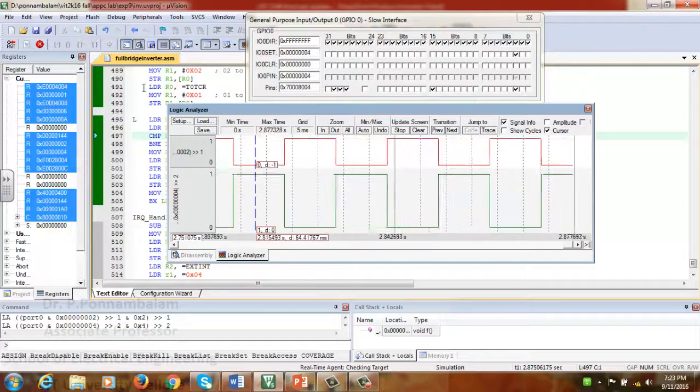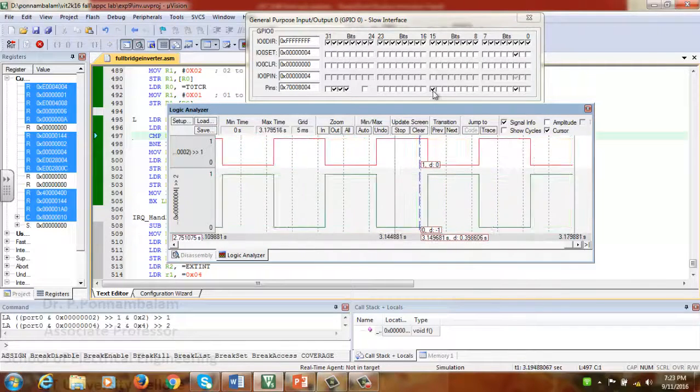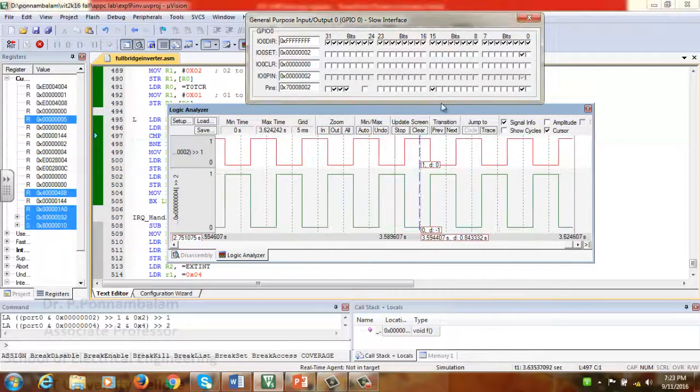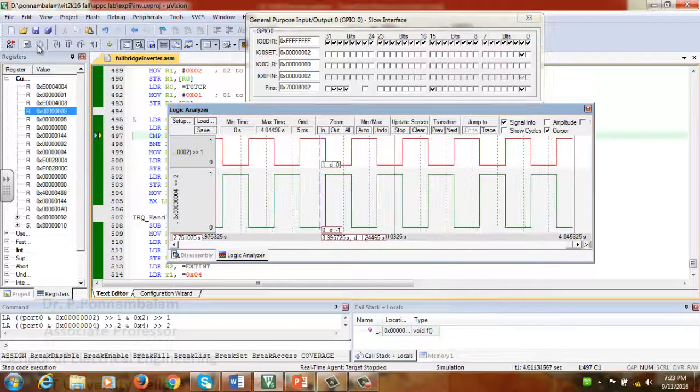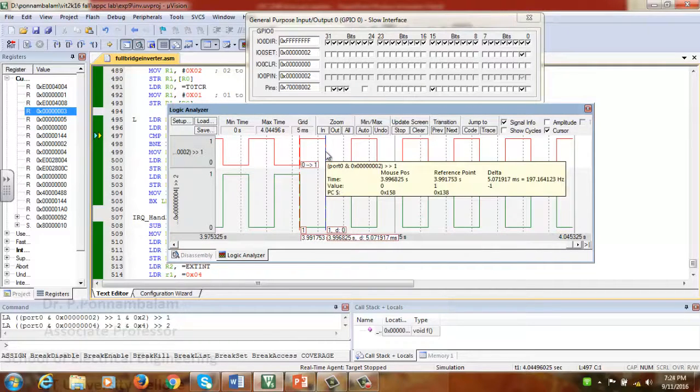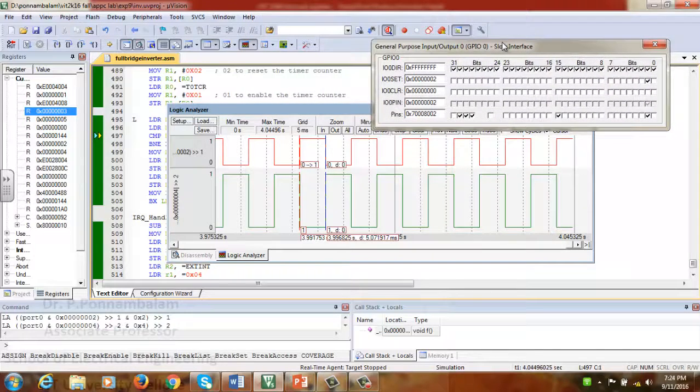Let me run it again. Now I'll activate the interrupt. Now you can see the change that is visible. Let us check the time delay for this one. You can see it is 5 milliseconds. So we have achieved the 100 hertz change by using the interrupt.